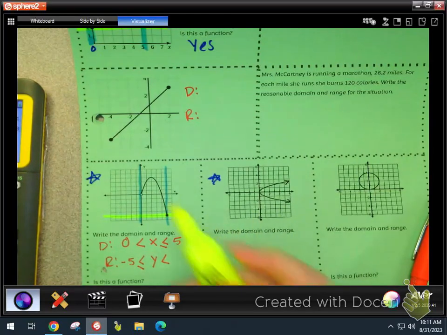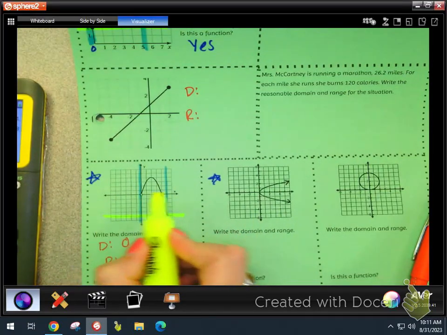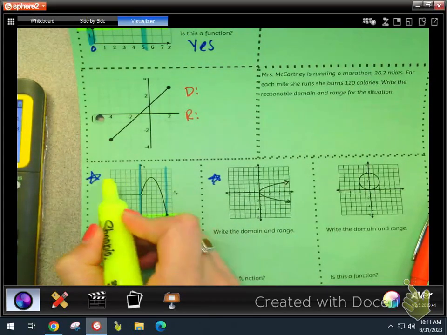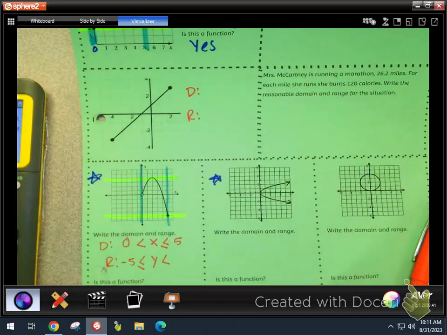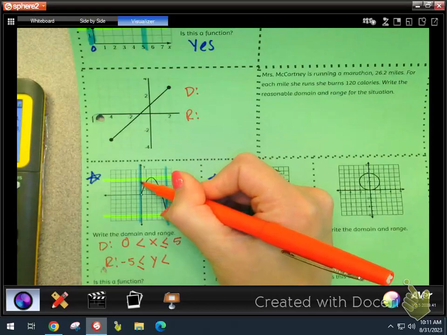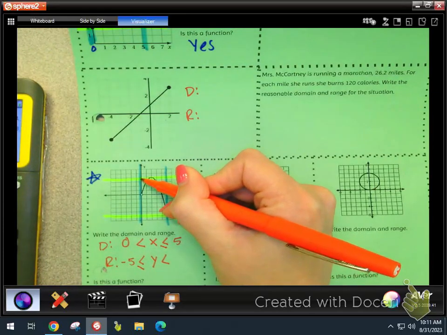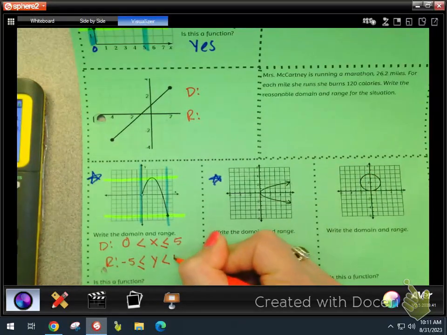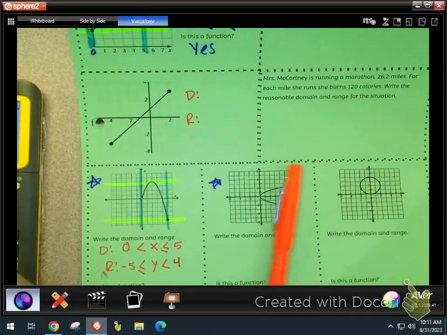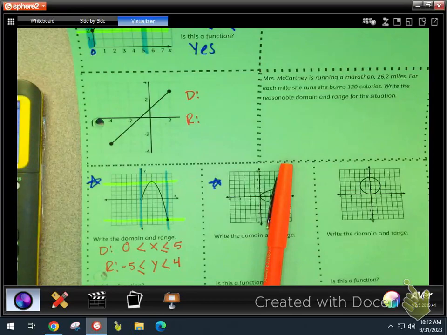0. Is 0 the highest point on this graph? 4. Draw it on your paper and count it up. 4 or 5. 1, 2, 3. Well, we got to know. 4. It's 4. Okay? So it doesn't necessarily have to go endpoint to endpoint, but is there a defined circle